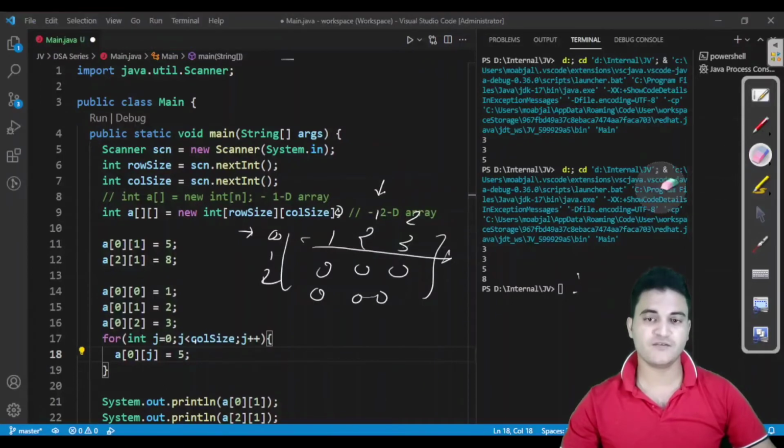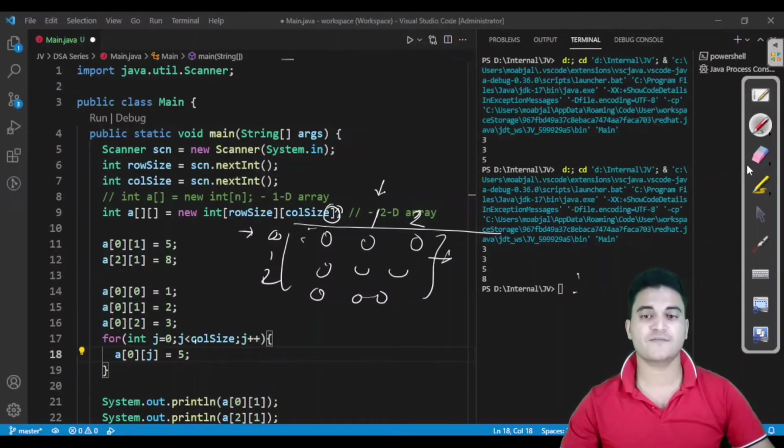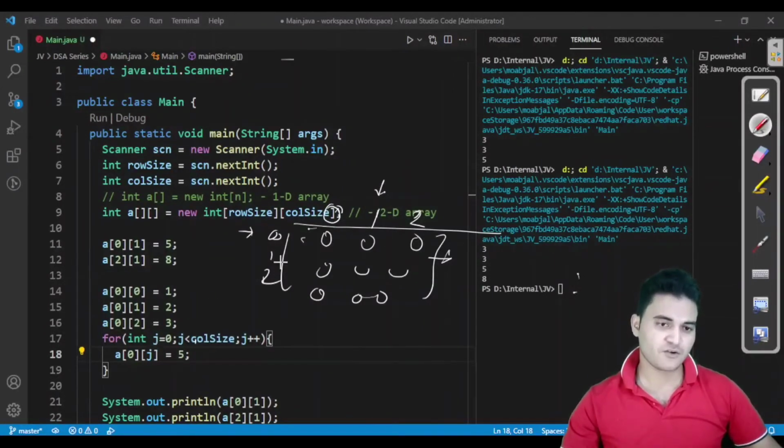So let us suppose we have this array: 0, 0, 0, with indexes 0, 1, 2. Now starting from 0 going till column size, which is 3, we have written the condition j less than 3, so it would go till 2 only.